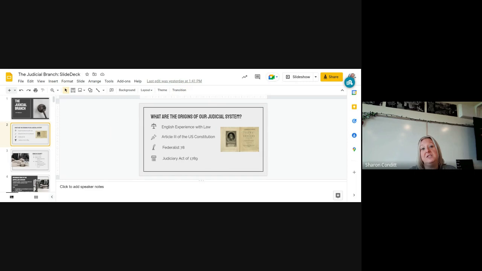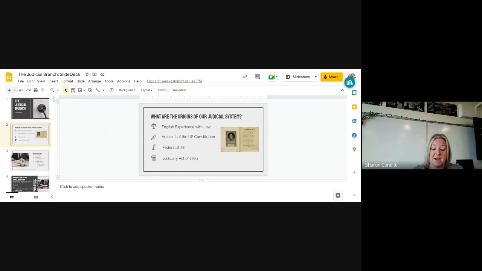I do want you to note in your notes, and just continue on your notes from yesterday, that it is the very first law passed by our very first Congress under the U.S. Constitution. And so I think that's just a fun fact. What it does is it establishes this complete system of lower courts in order to support the Supreme Court. And it says that the job of these courts is to interpret and apply federal law. So I'm not talking about state law or local law. We're still dealing in the realm of federal law. So they are going to interpret and apply. That's their job.